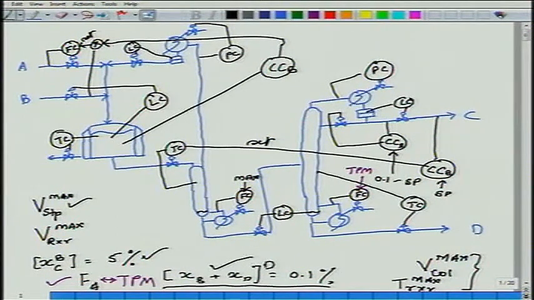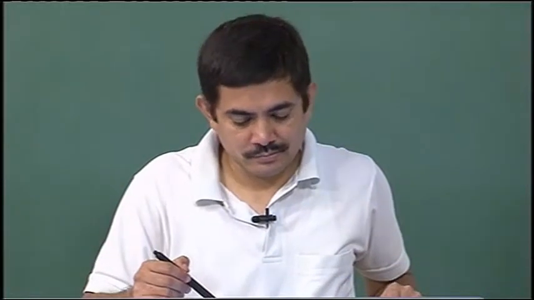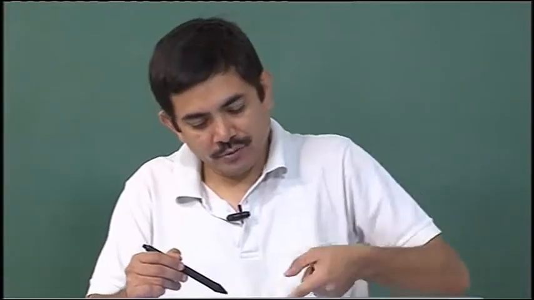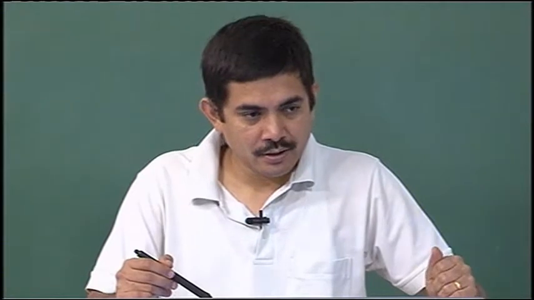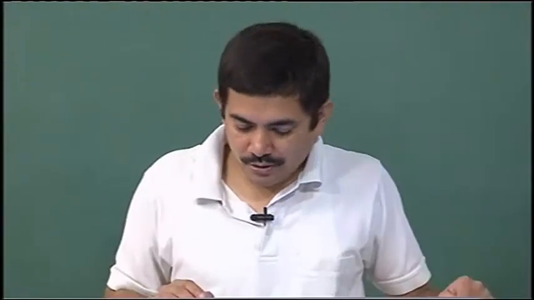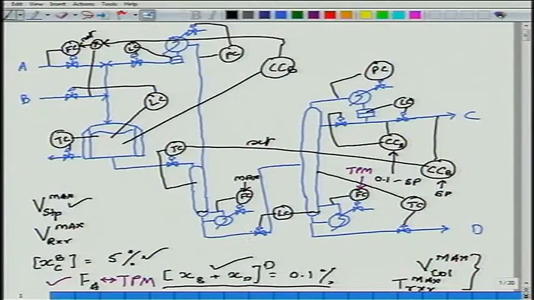Why? Because all degrees of freedom are lost on the stripper, I want boil up at max. I also want tight control of the B that is going to leak out, because any B that leaks out is going to contaminate the product, therefore, temperature control is on the feed, right. Therefore, the bottom stream from the stripper is under level control, that's controlling the bottom level in the product column.